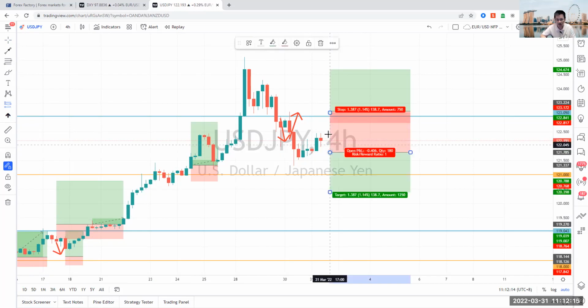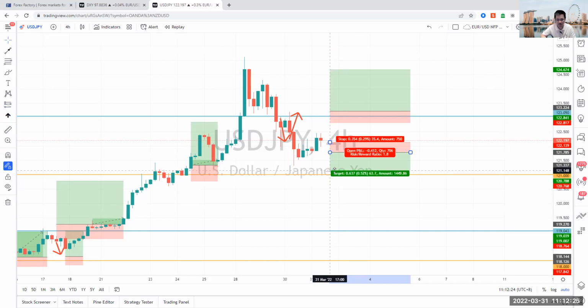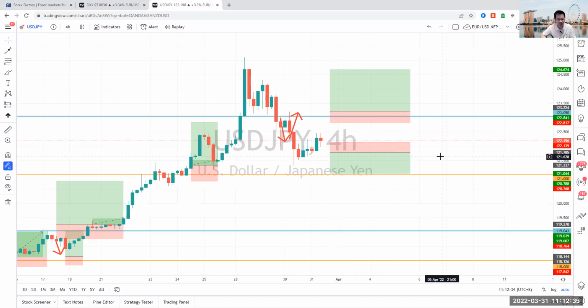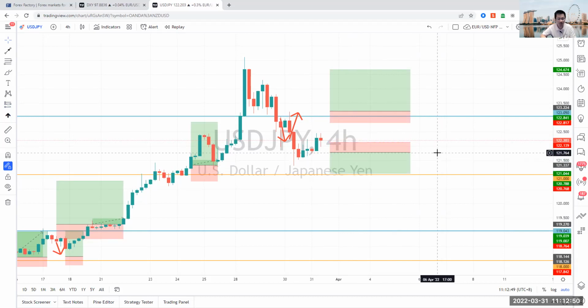121.80, below 121.80, you have a very tight stop loss. I would say maybe a 35 pip stop loss. Take profit at about 60 pips. You're looking at a one, maybe even slightly more towards the 121 level. You're looking at a 1:2 risk reward ratio towards the downside for the US yen. So this needs to come down, break below that recent low point at about 121.77. You have a 1:2 risk reward ratio towards the downside for the US yen.